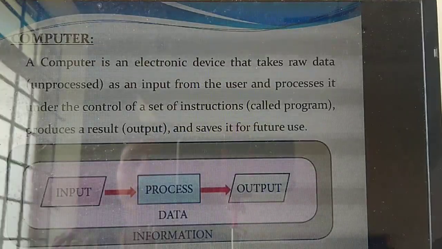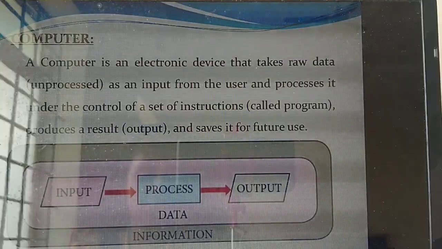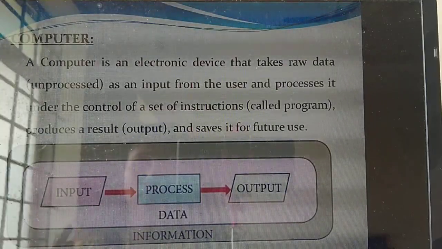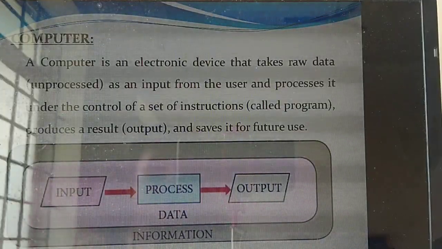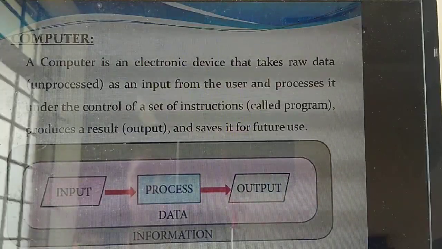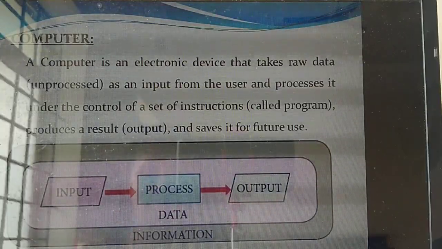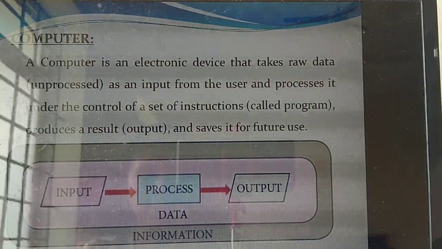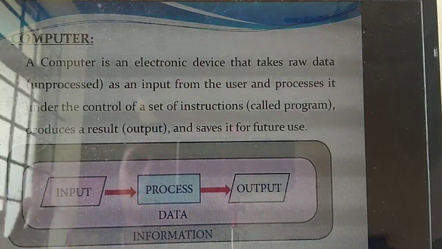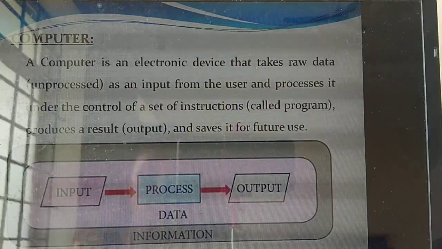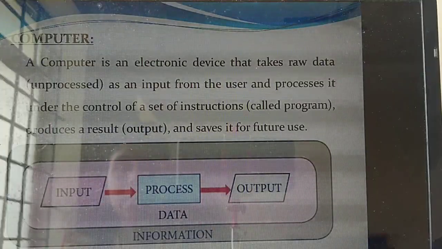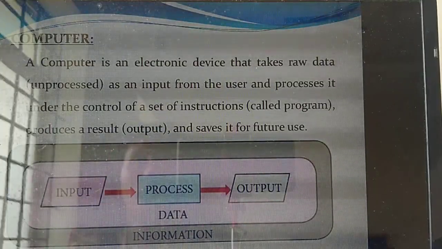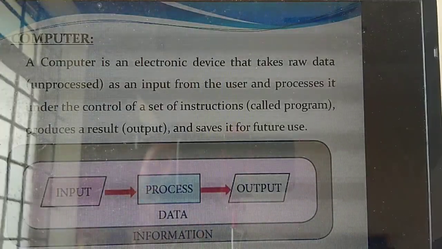For example, you are going to see some photos in the system or on the mobile phone. What will you do? First you will switch on the system. What input are you giving? For example, the photos I have copied in my pen drive. I am going to copy the photos from my pen drive to the system and view them. Understand? What is the first step I will do? First I switch on the system. Then what's the next step? I plug the pen drive into my system. That is the input I am giving. Next I open the photo. That's the process. Understand? Processing. Then output. What's the output you are getting? I am opening the photo and seeing it. That's the output. Understand? I am telling a simple example.